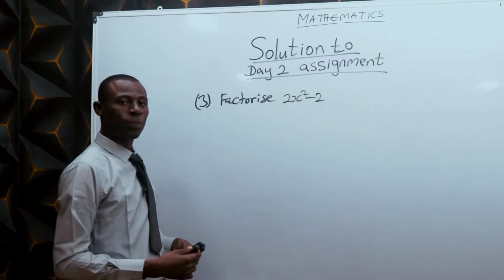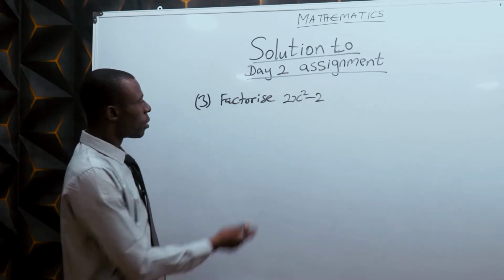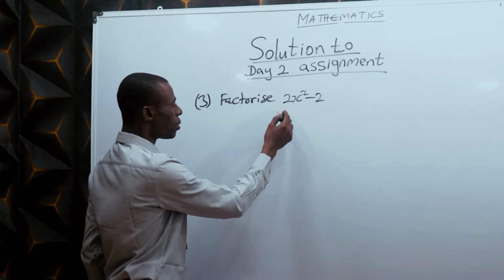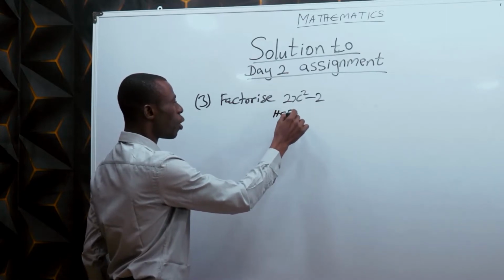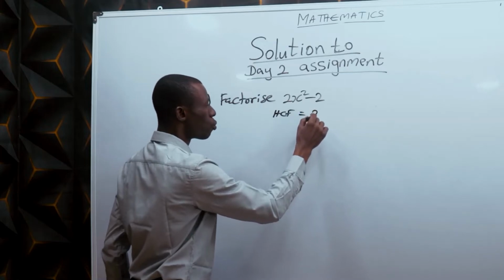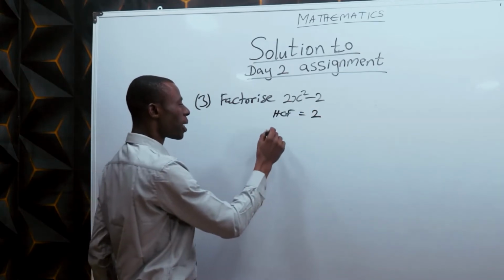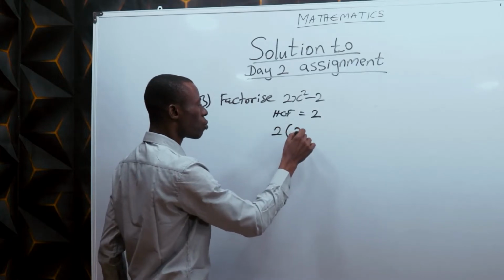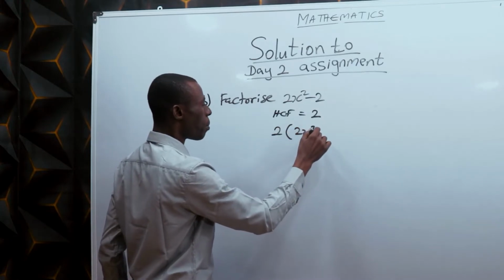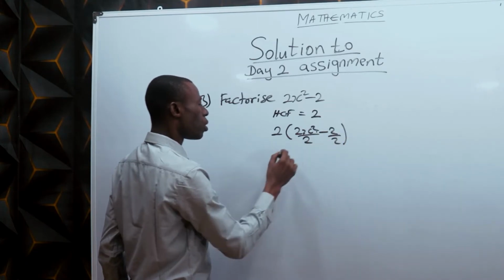Question 3. Factorize 2x squared minus 2. This is simple. The HCF here of 2x squared and minus 2 is 2. 2 is common to the two terms. So you bring it out, 2 into 2x squared divided by 2 minus 2 divided by 2. So this gives you